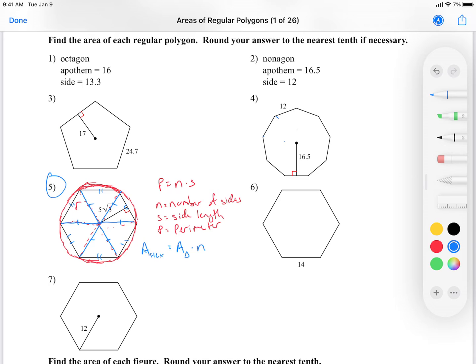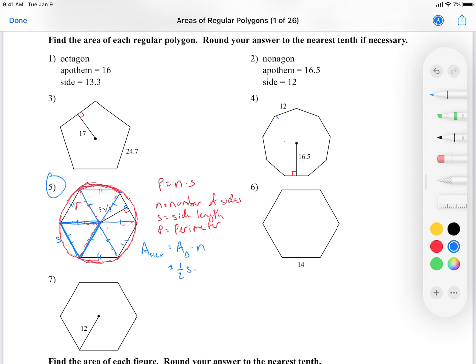Okay, so I can rewrite this as, since my base over here is this S, we're just going to use S for the base, because for each of these triangles we could either use the radius or we could use the side. For the sake of this, we're going to use the side for my base, and you'll understand why in a second. So if we want a formula for finding the area of this thing, it's 1/2 S